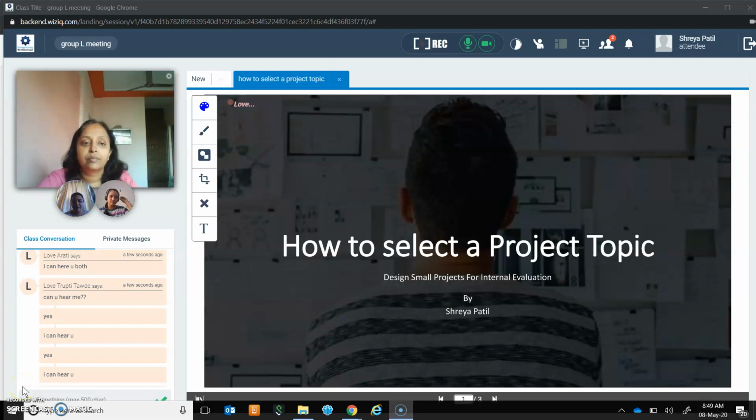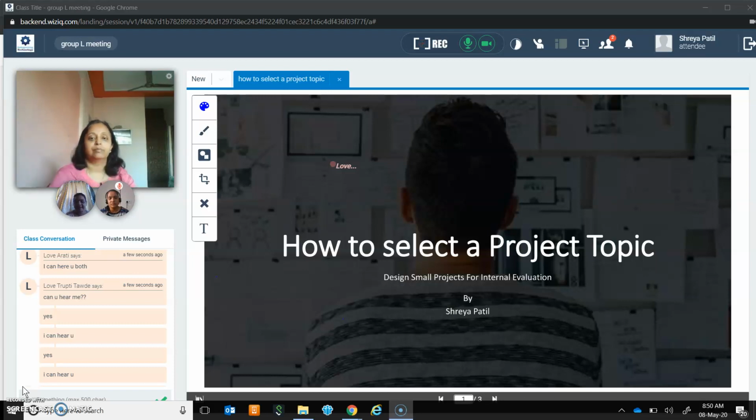Hello everyone. Today I am going to discuss one topic with you: I have made a concept map for students on how to select a project topic. Whenever new students come in FY BSc, we want to give them a project, but they don't understand how to select one topic. So they just go and Google a small project topic in zoology, and that way they don't reach the right place.